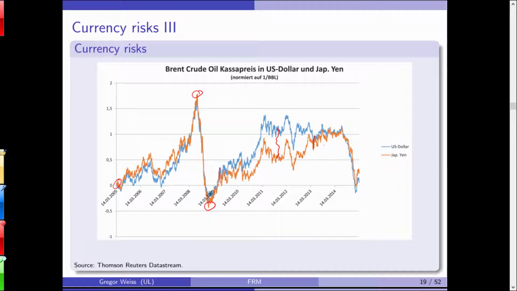The US was hit hard during the financial crisis. You can see the extreme downturn here of the oil price as a reaction to the general economic downturn after the financial crisis. And during the times of crisis, there wasn't too big a difference between the Japanese yen and the US dollar. But after that, central bank policy differed a lot. And you can see that this was reflected in currency rates.